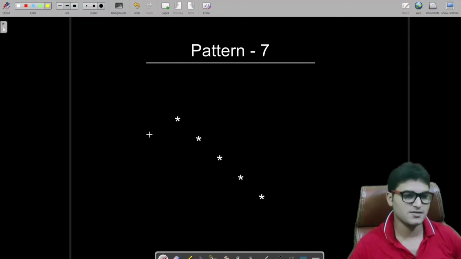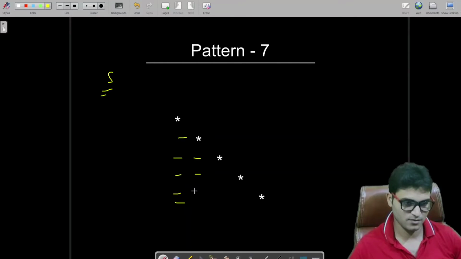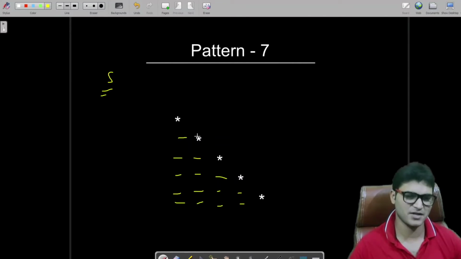So again this is for size 5, you already know the drill, right? These are the stars, and in each row we have only one star. So this is a kind of a square. So there are 5 rows, sorry, you already know, because I have discussed this particular logic many times.